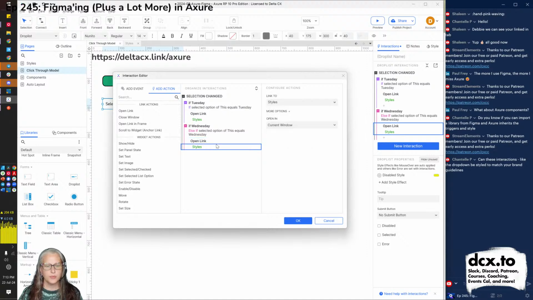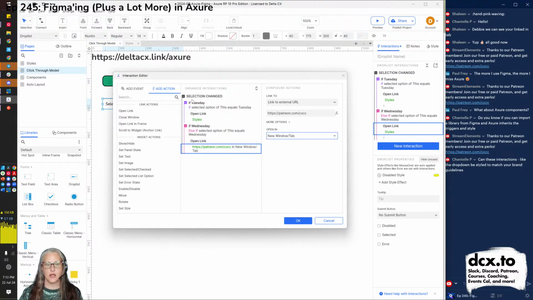I want to open a link to an outside link. Let's go to something more fun. Patreon, but I can't spell today. Oh my gosh, patreon.com/cxcc in the new tab. Okay, just to mix it up a little bit.